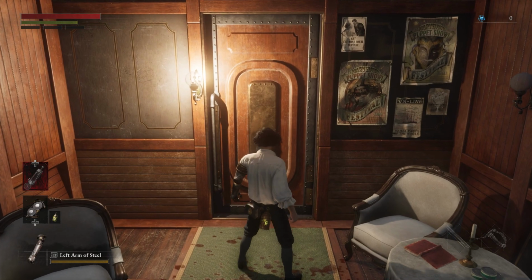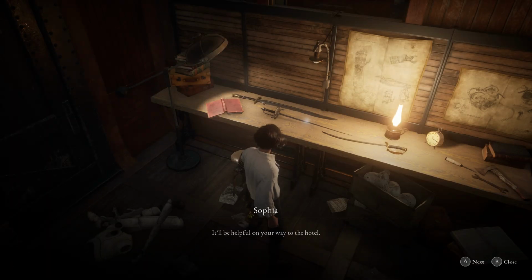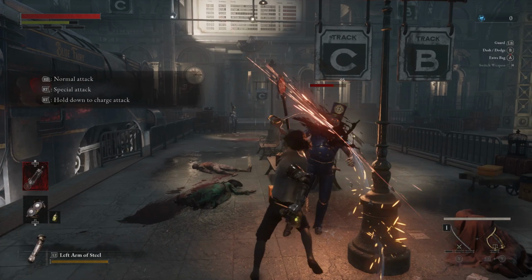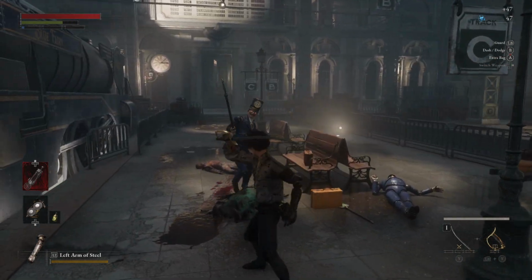So you start the game and you immediately start playing as a puppet created by Geppetto. Run through this corridor section on the train and you can pick up a sword, and there you pick your combat style between balanced, dexterity, and strength. For my demo playthrough, I went with balanced. You come across the first set of basic enemies, and right then and there you'll notice the similarities between Soulsborne